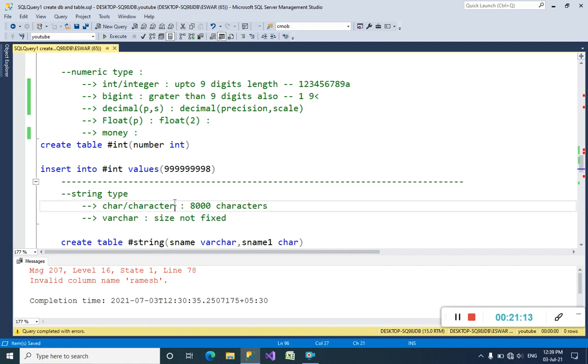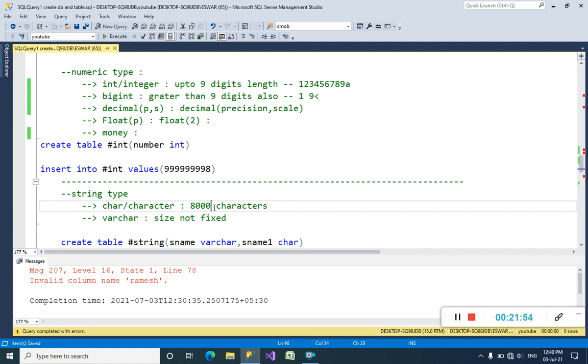When you come to the char data type, we can declare char or character, whichever it may be, they have the same meaning. When you declare a column and you want to store a string as a record, then definitely you have to declare those string columns with char or varchar. When you declare character, you can insert a value with 8,000 characters only.